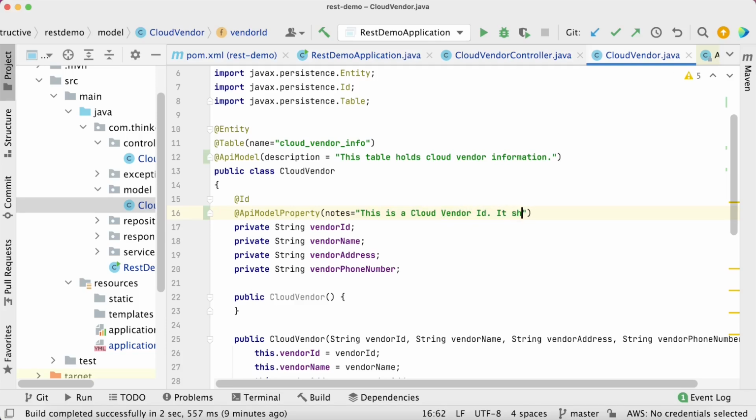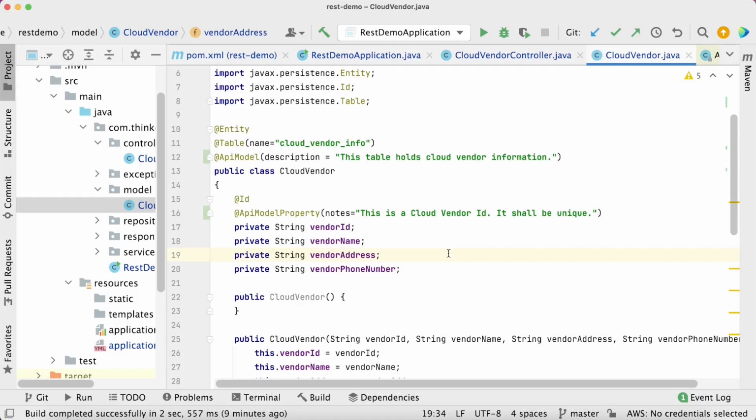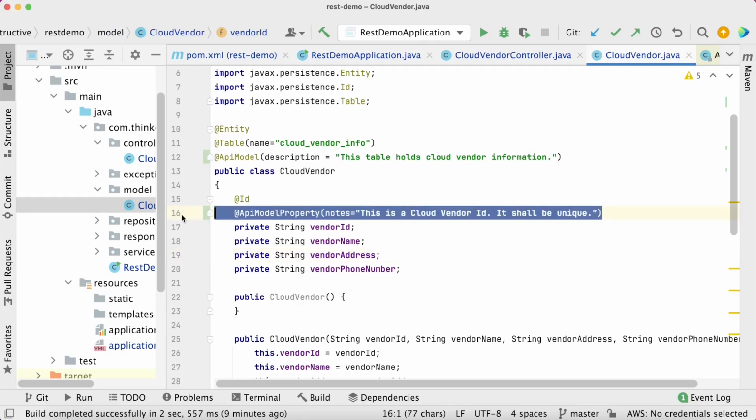It shall be unique. Okay. So that's how you can write all the detailed information. So the moment I have added these kind of information, whenever my Swagger documentation gets generated, it will have these kind of extra stuffs which will be more explanatory.